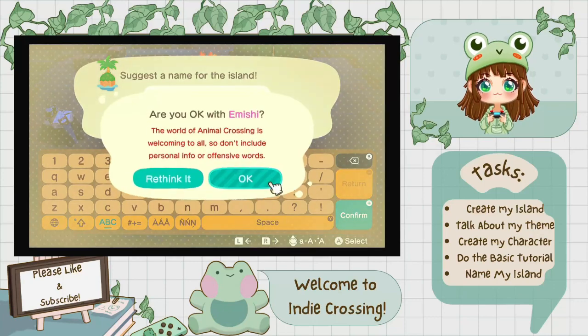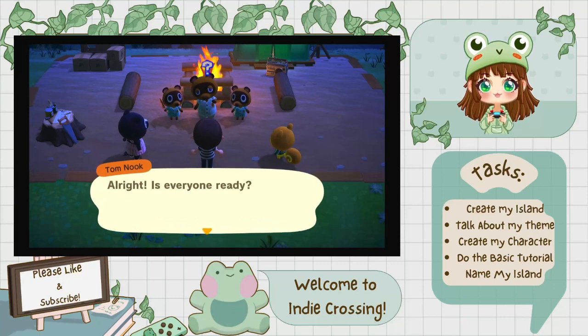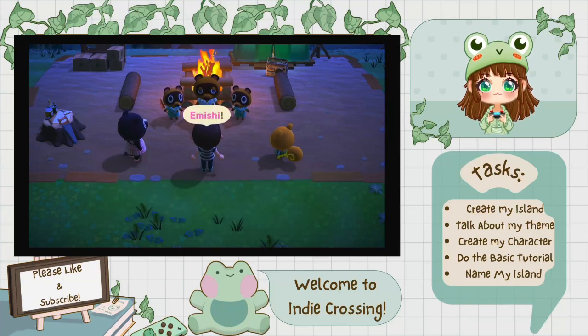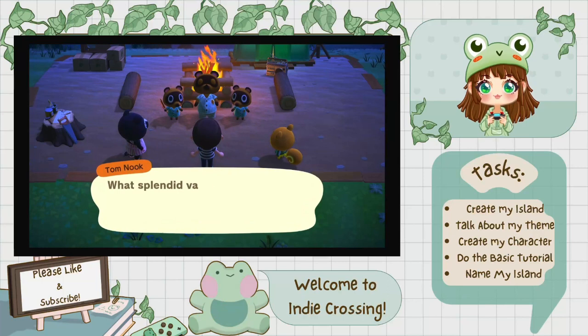And the reason why I say Princess Mononoke is a sub-theme is because while I was figuring out what villagers to have on this island, I chose 5 villagers to represent characters from Princess Mononoke.